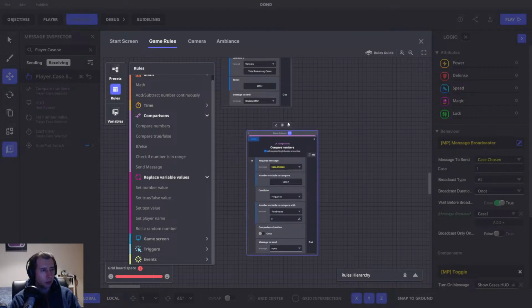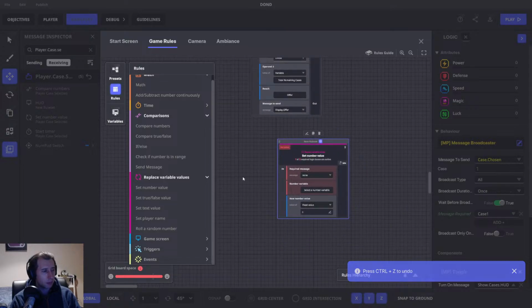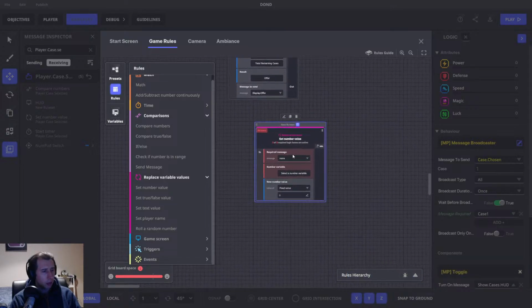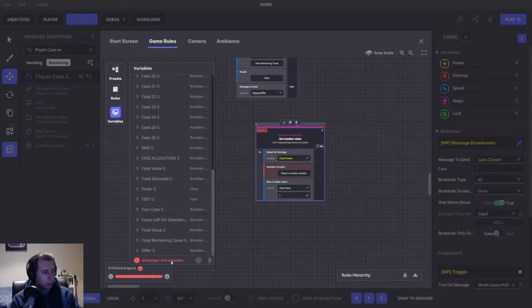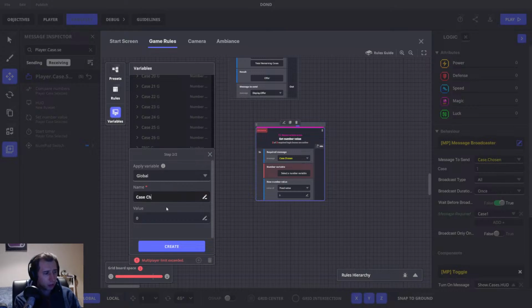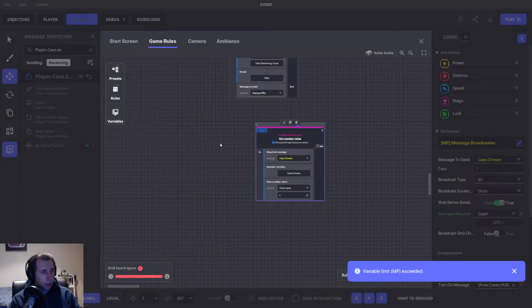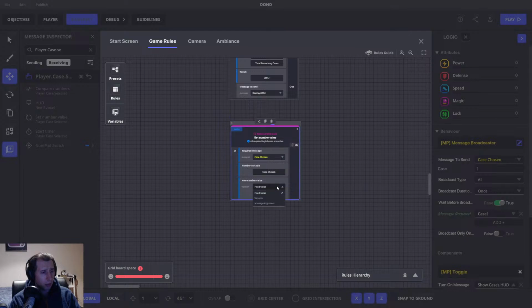So if we choose 1, what we're going to do here is set number value. And what we can do here is have case chosen. Maybe we need another value, just called case chosen. And what we want to do is we'll have case chosen be the value of